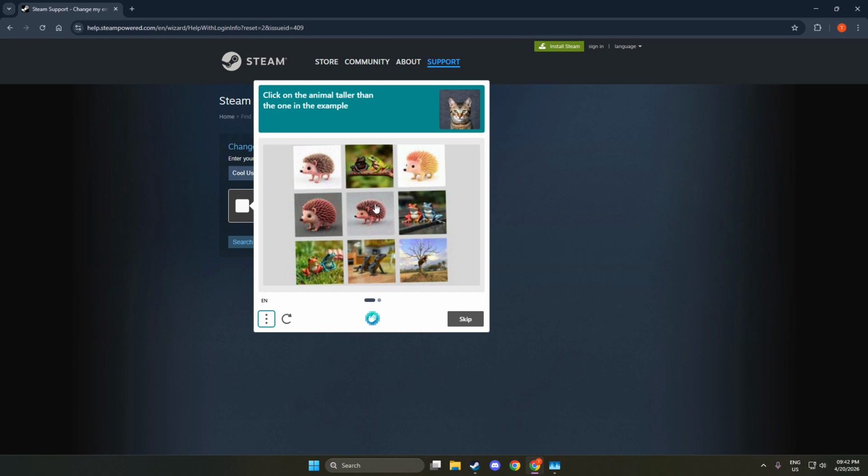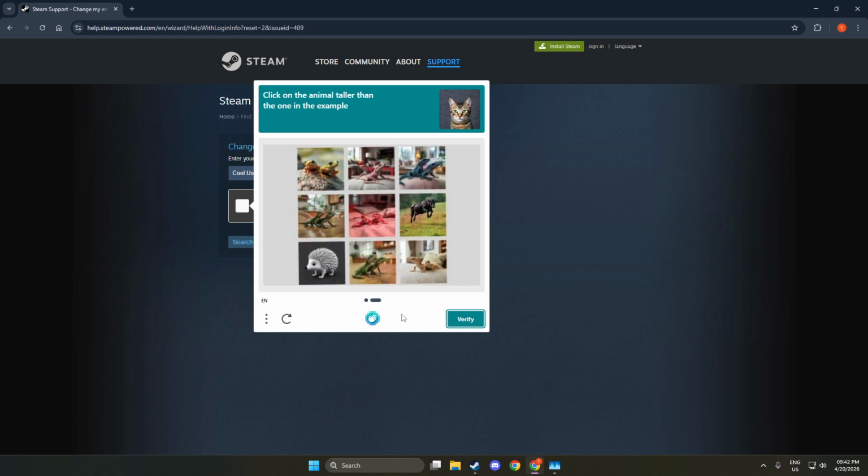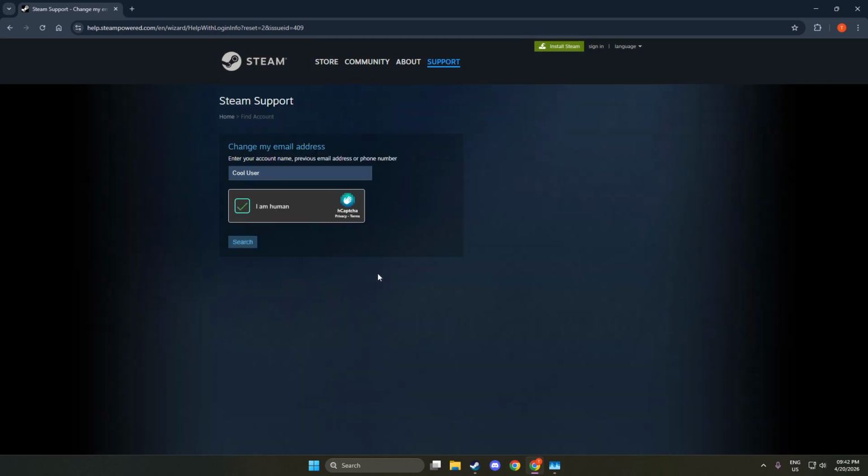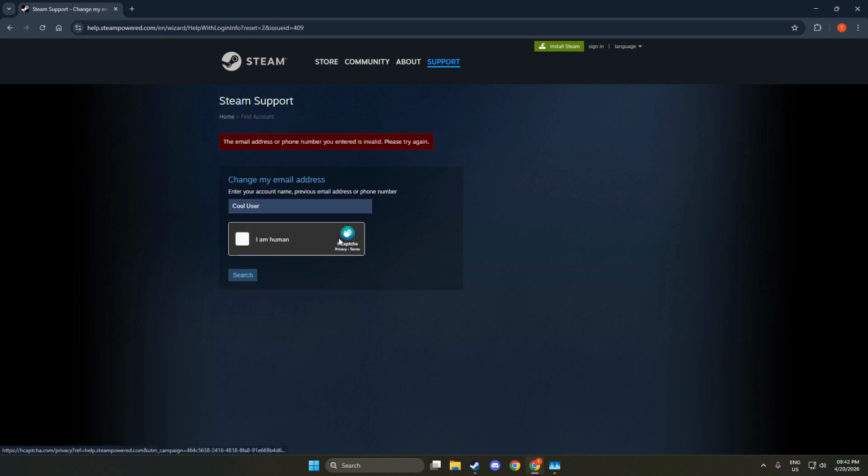If your phone number was linked to the account, enter that as well. Use the full number, including your country code if the form requests it. Supplying any combination of these details increases the chances of a match. Take your time and provide the most accurate information you can. The goal here is simply to help Steam identify your account in their system. Once you submit the information, the page will guide you with on-screen instructions tailored to your situation. Keep an eye on any prompts that appear and follow them carefully.